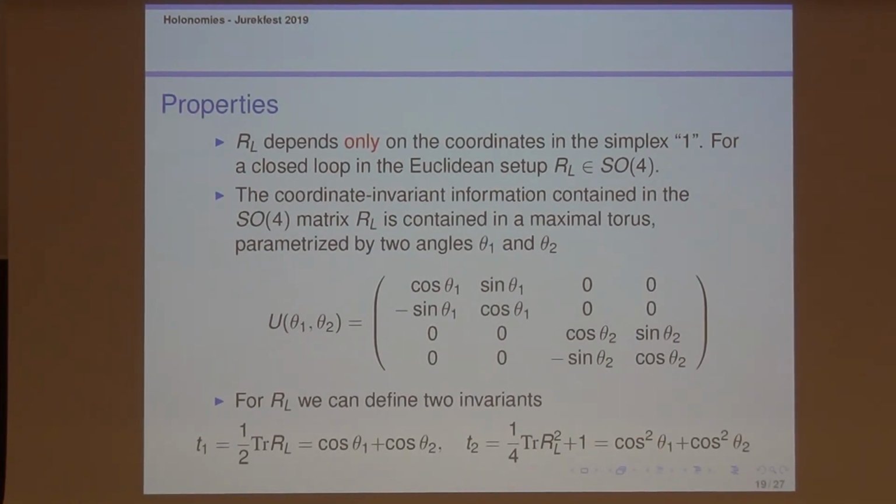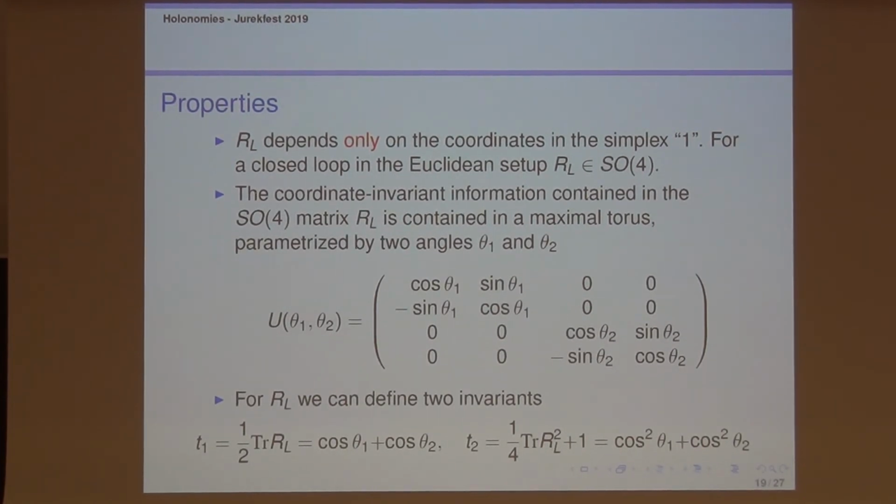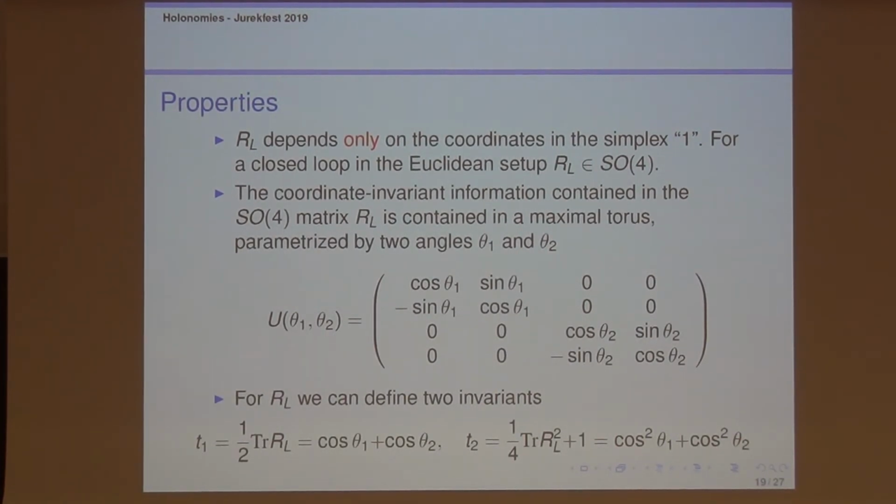We can exchange θ1 with θ2. But actually there are two obvious invariants. One of them is related to the trace of such a matrix, and the other to the trace of the square of such matrix. And from this we can determine at least cosines of θ1 and θ2